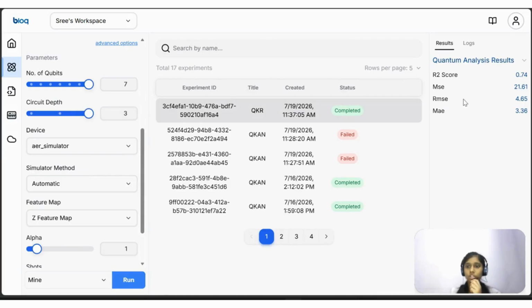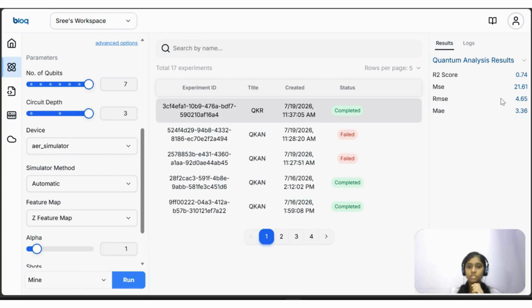So let's take a look at the model's performance. So the quantum kernel regression model achieved an R squared score of 0.74. So this means that it explains about 74% of the variation in the target values, which indicates a good overall fit. And the mean squared error is 21.61 with a root mean squared error of 4.65.